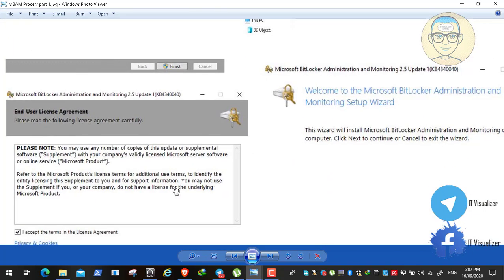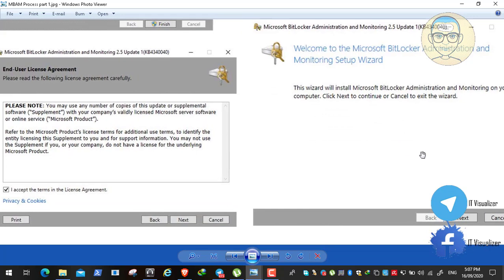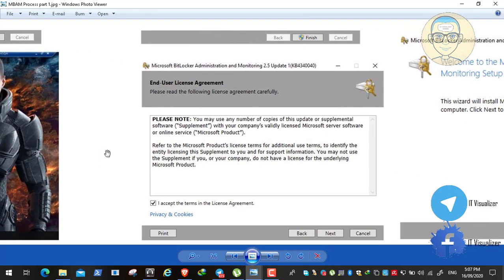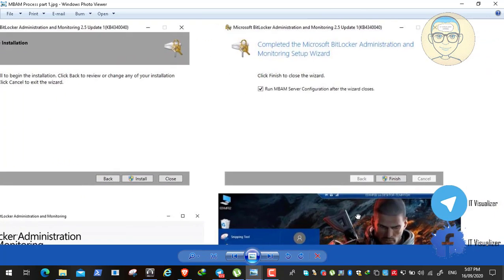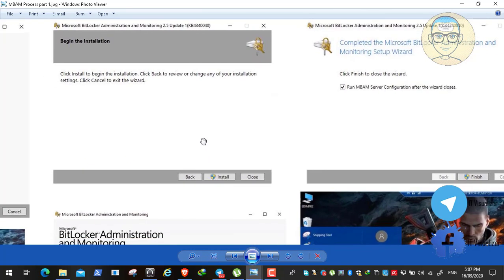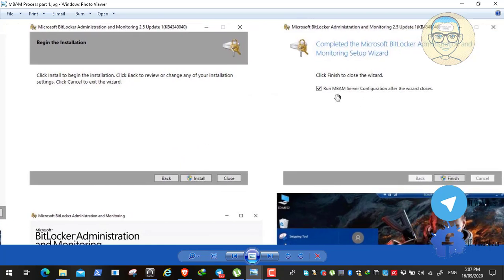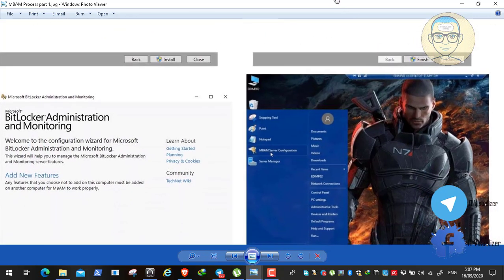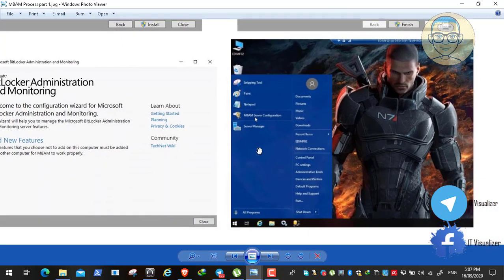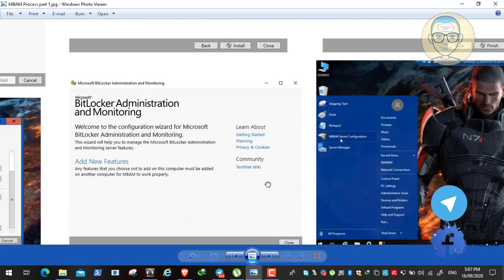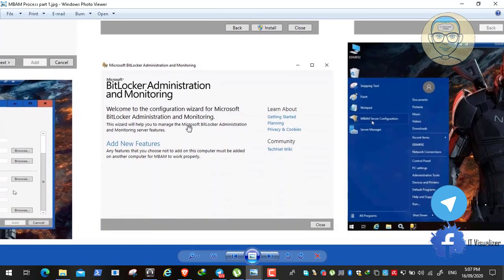We also will get the license agreement and the setup wizard. We will accept the license agreement, and then we will install the MBAM software update, and at the end we will click finish and run the MBAM configuration wizard. We can also run it by clicking start, and then we have this. After that we will have the initial Microsoft BitLocker Administration and Monitoring tool